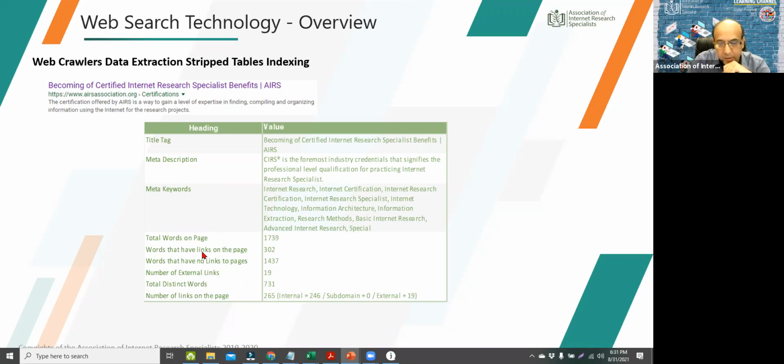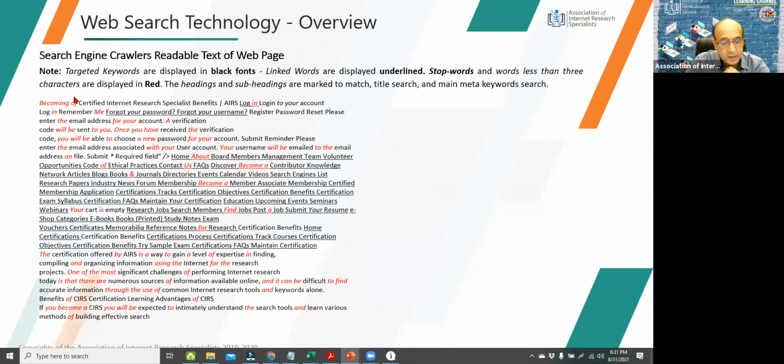Total number of words. So this is more like a summary. It is doing its own calculation. And for whatever reason, these numbers are showing right now, we're not interested in that. The idea is to know how the search engine looks at the page, so it can extract certain pieces of content, which eventually are going to be the ones that you would be querying when you start to put in your keywords or search phrases. So in the next one, we are going to look at some of the extracted text, purely text that's coming from a page